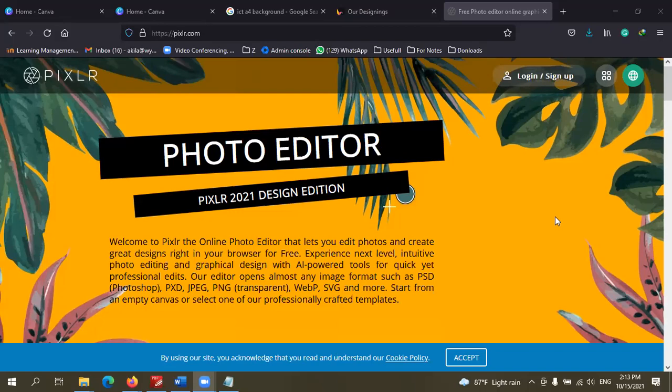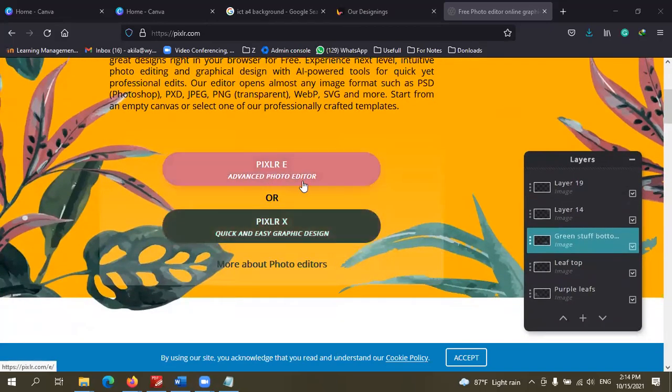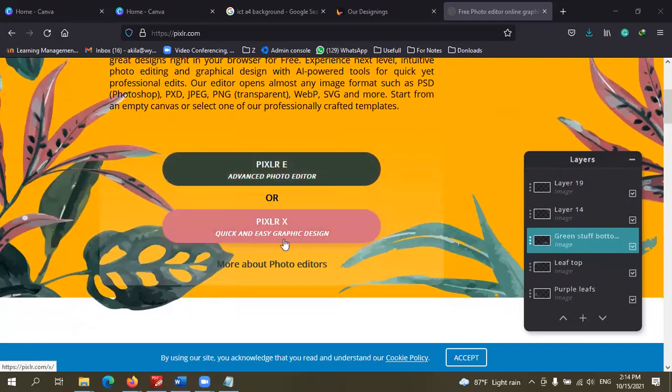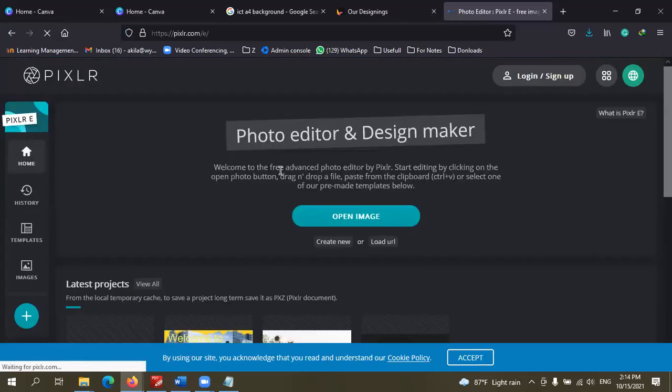Children, let's move forward. This one is just designing interface like the previous one. So here we are going to use Advanced Photo Editor. You can click on Advanced Photo Editor. Now you can use this editor to manipulate photos. That means edit photos. You can erase them, you can crop them, you can select and take only a part of it, right? So like that, you can manipulate the images.